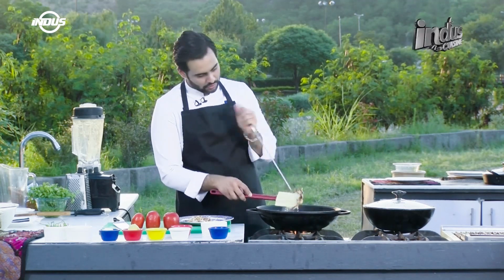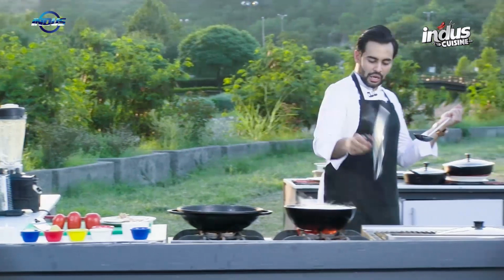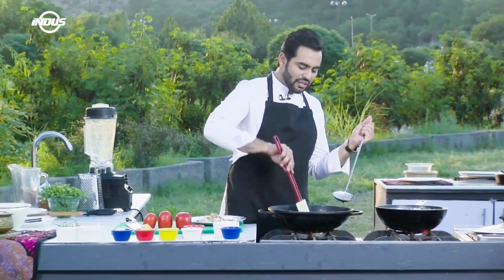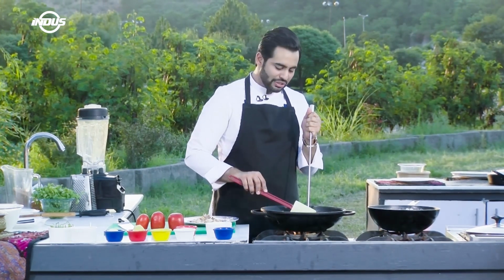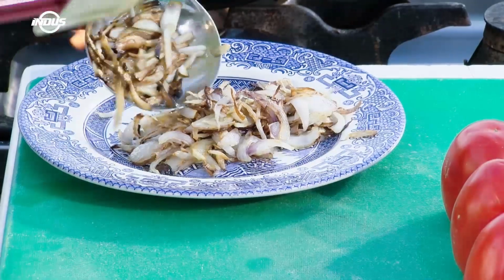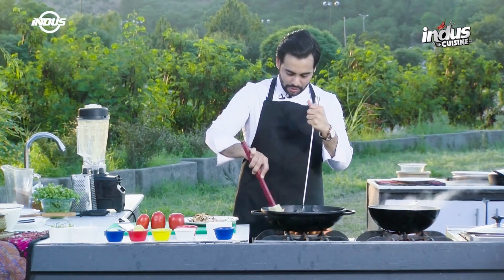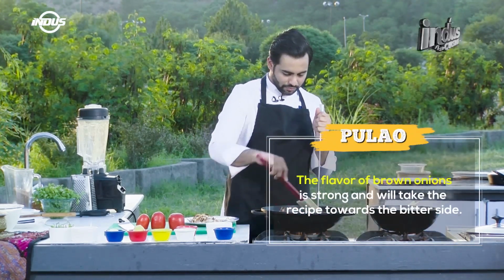Over here you have to keep an eye also. Why? Because when the chicken comes to boil, it will start foaming up. You don't want the foam to come out. The other reason also is that you want to take that top foam out, because that is all the impurity that comes from the chicken itself. So slowly and gradually take all the onions out, place them on the side,